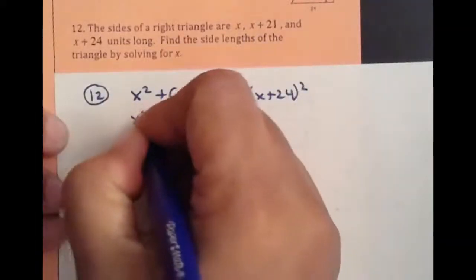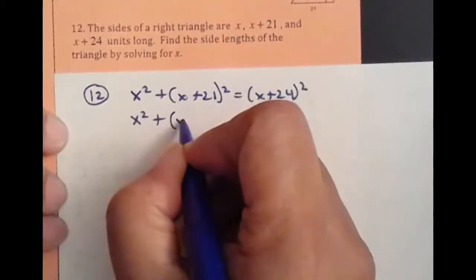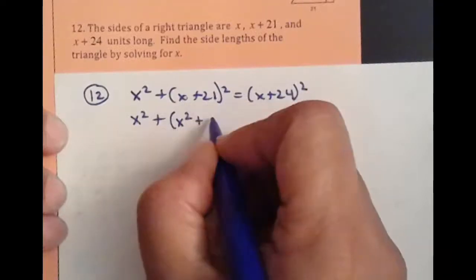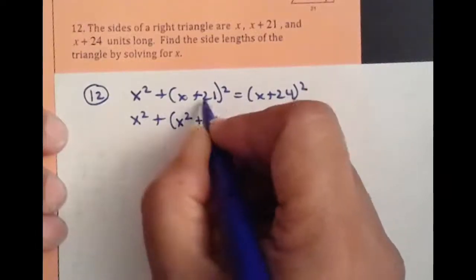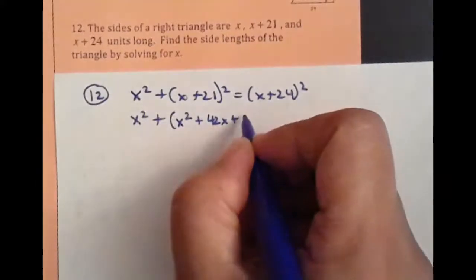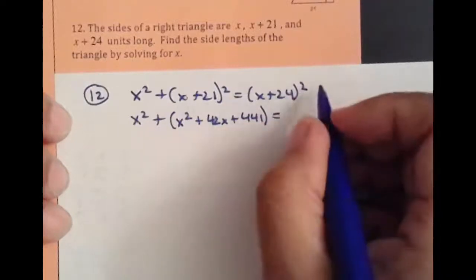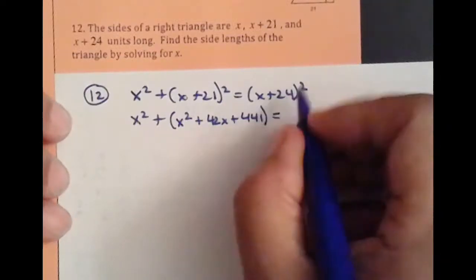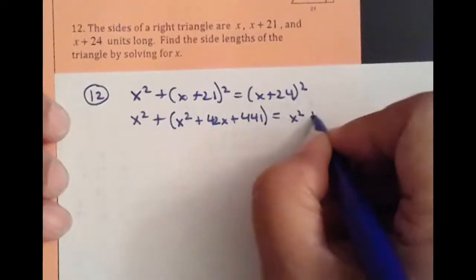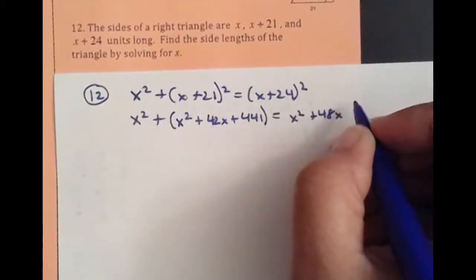So that means we're going to have to do a little bit of work here. So we're going to multiply this out. So x plus 21 squared is x squared plus 21 doubled, 42x, and then plus the 21 squared, which was 441, equals, here we're going to multiply this out, and so you have x times x, which is x squared, then you have 24x, but doubled, so that's 48x, and then 24 times 24 is